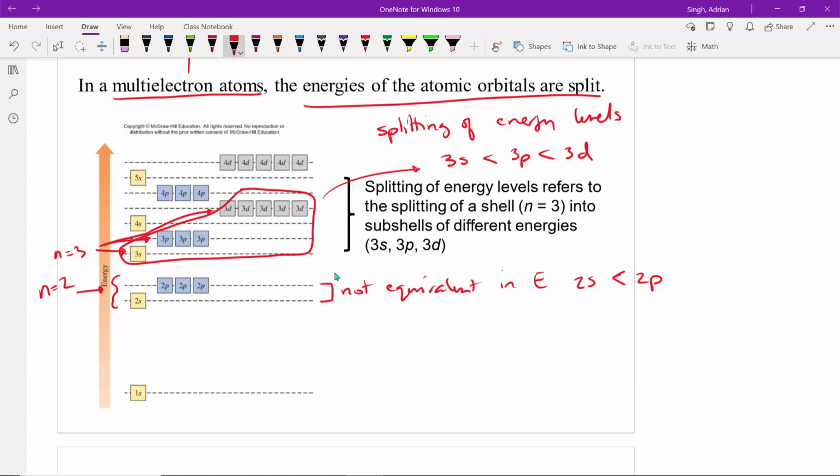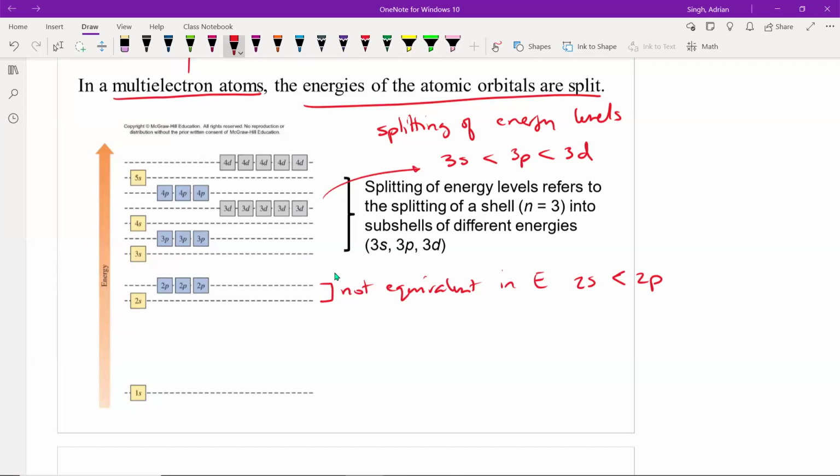And that's going to be the case for 99% of the elements on the periodic table because all of them are going to have more than one electron, with the exception of hydrogen. So a couple of things to note here when we start looking at our different energy levels. When you have the splitting of these energies of the atomic orbitals, you now have sort of the